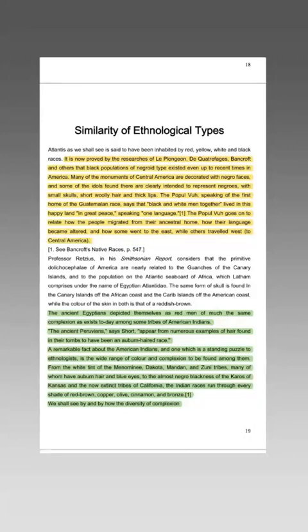Listen. And then we also read that the ancient Egyptians depicted themselves as red men of much the same complexion as exists today among some tribes of American Indians. The ancient Peruvians appeared from numerous examples of hair found in their tombs to have been an amber-haired race. One of the remarkable facts about the American Indians, which stands puzzling to the ethnologist, is the wide range of color and complexion to be found amongst them, from the tint of the Menominee and the Dakota and the Mandan and the Zuni tribes, many who have amber hair and blue eyes,